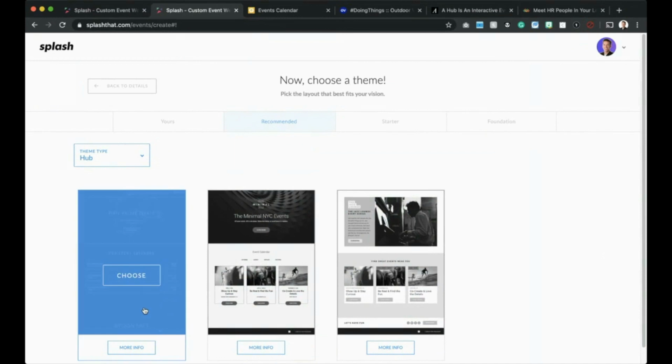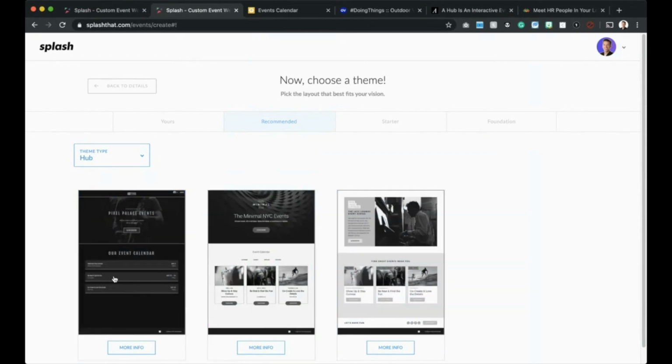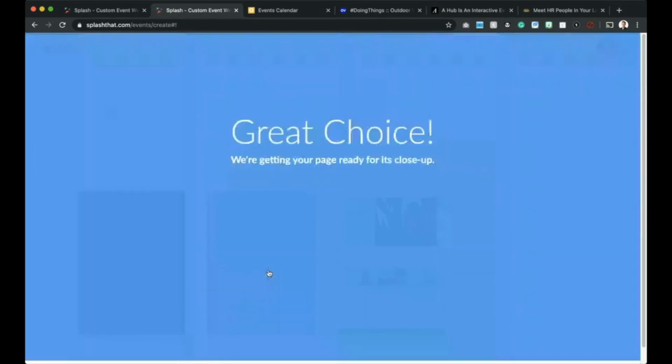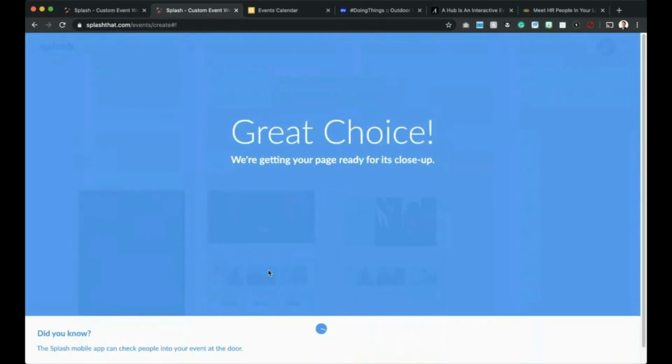There are different layouts to choose from, whatever kind of floats your fancy. I'm going to choose this one in the middle. It is aptly called minimal. I'm going to select it, and we're going to dive in. Now, just the same as anytime you create an event in Splash, you're taken directly into what we call